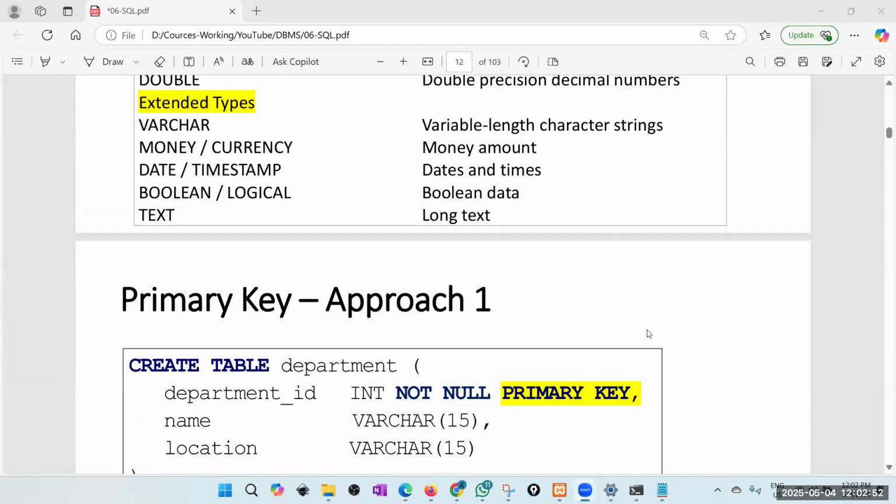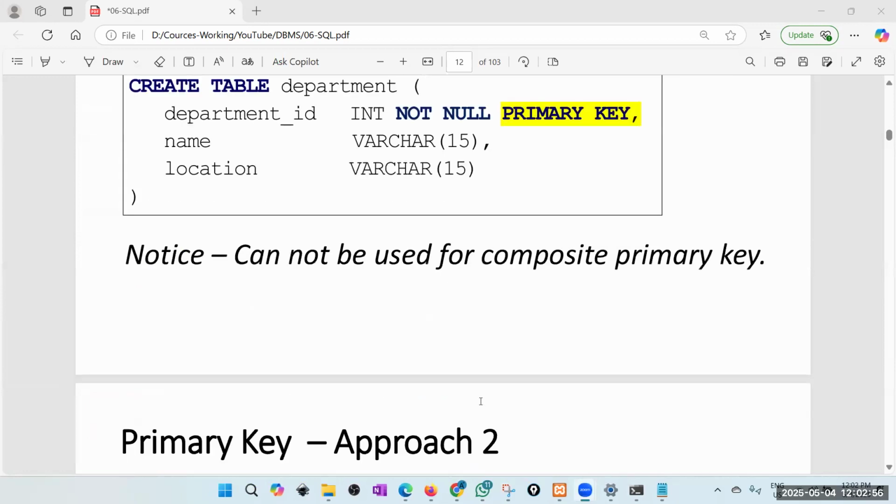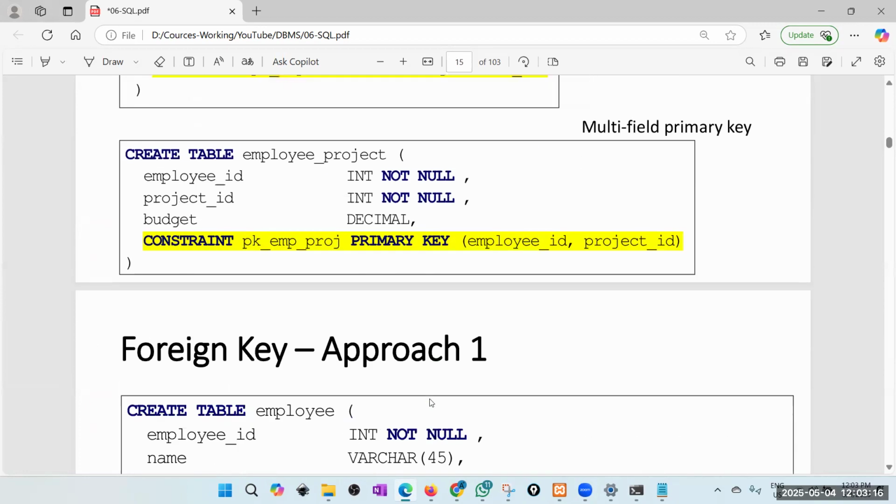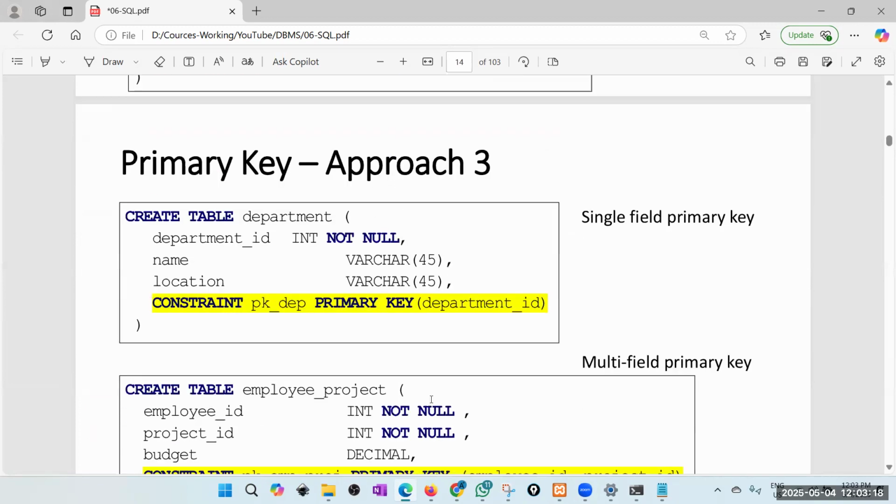You can't use the first approach because you can't have the primary key keyword in two fields. So then you must go for either the second approach or the third approach. Second approach, if you have two fields and if you want to make this combination the primary key, that is also possible. Okay, that is an additional note. How to create composite primary keys. So you must use either the second approach or the third approach. Right. So the third approach is,